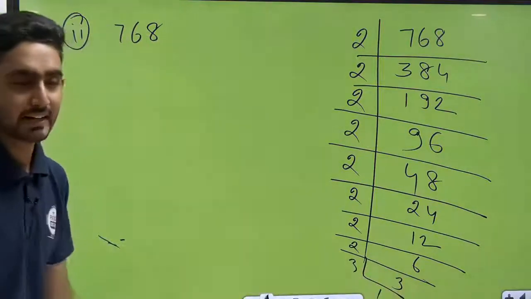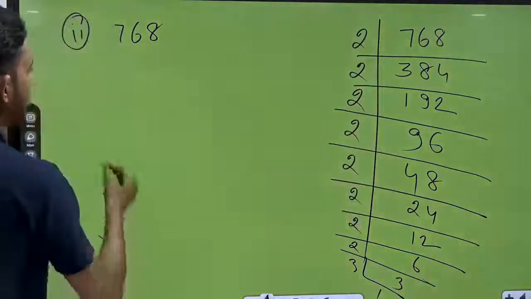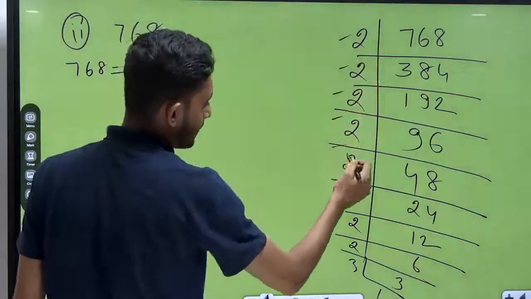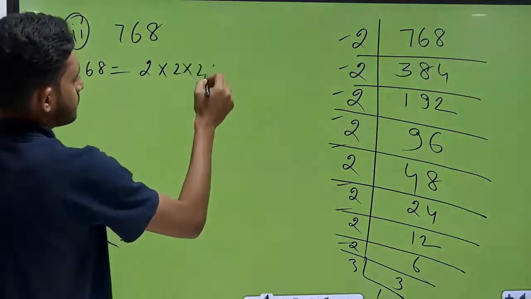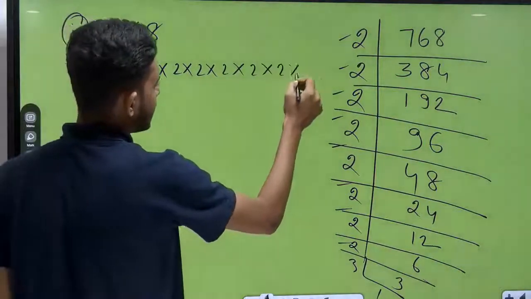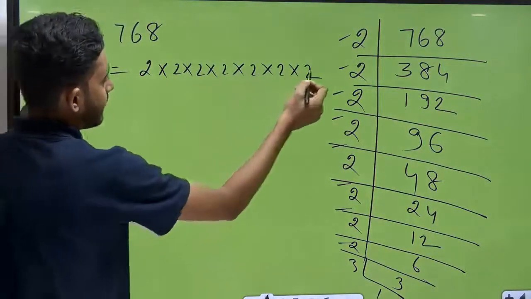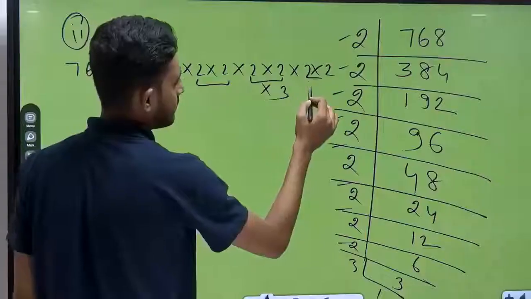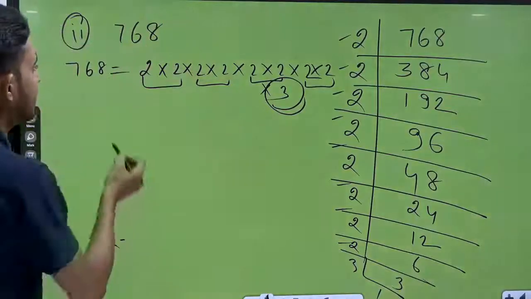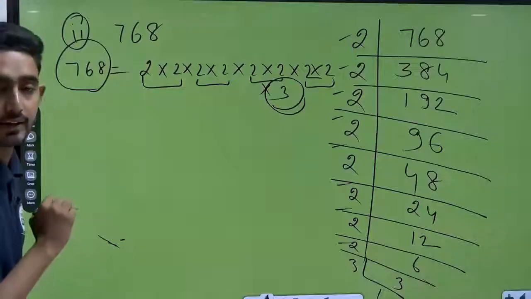Okay. Now all these prime factors you have to write down like this. 768 is equal to 2 written 8 times: 1, 2, 3, 4, 5, 6, 7 and 8, and multiply by 3. Now make pairs like this. I just check it here, and afterwards this 3 is not making a pair. That's why we can say this 768 is not a perfect square number.